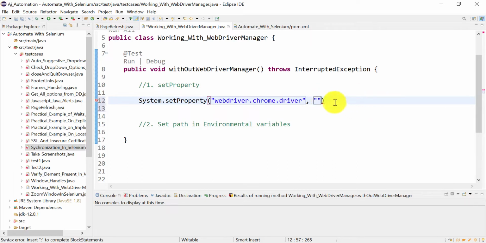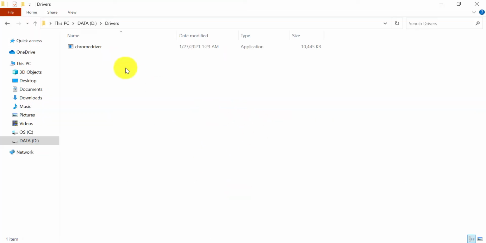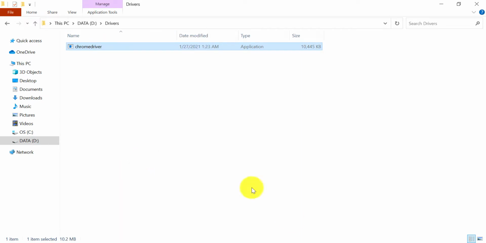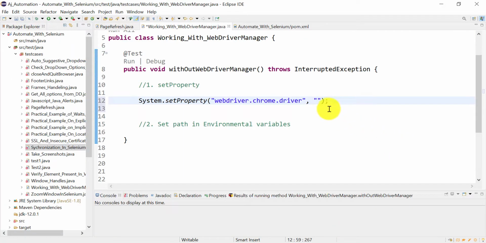We have kept that file in the D drive in the drivers folder, so you just have to copy this path. Shift plus right-click on that, choose Copy as path, and add it here.